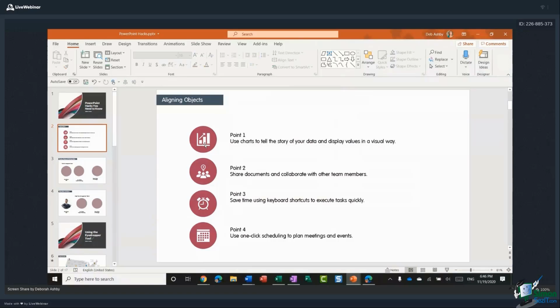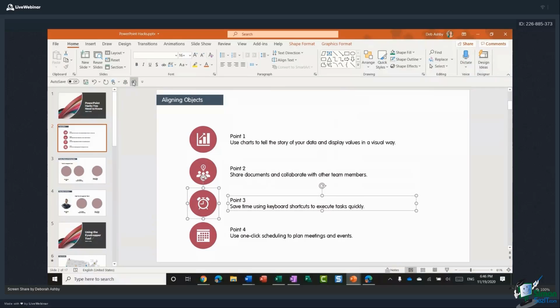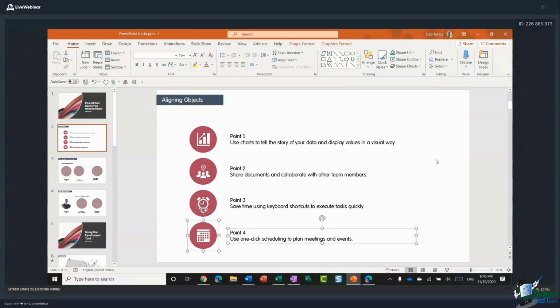So a way that I can do that is I'm going to select this object, hold down Shift, select, and then I'm going to align these objects to the middle. And I'm going to do the same for all of these. So I'm just going to hold down Shift, align to middle, and you can see very slight movements as I'm doing this. And align to middle, just to line those up. So now I have equal spacing and everything is all nicely lined up.